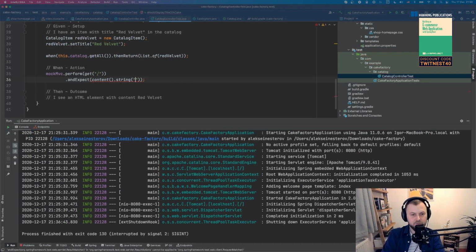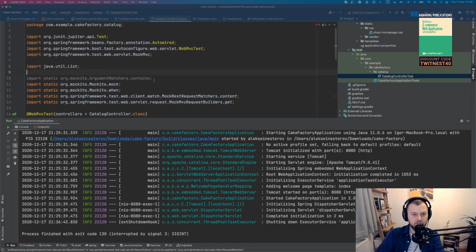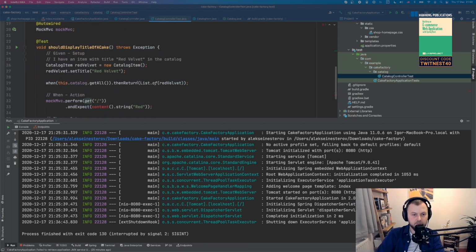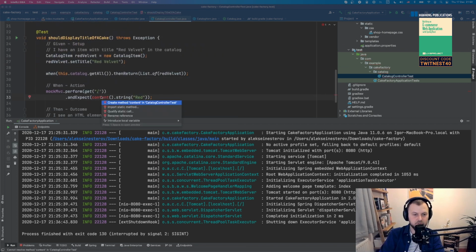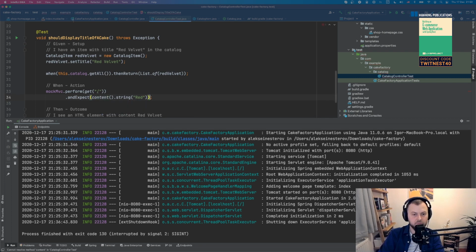But I don't want it to be a string. I actually want it to be a matcher, right? So that's a request matcher, and this should be a result matcher. Yes, I just picked the wrong one. Sorry for that. And I say it should be something that contains red velvet.